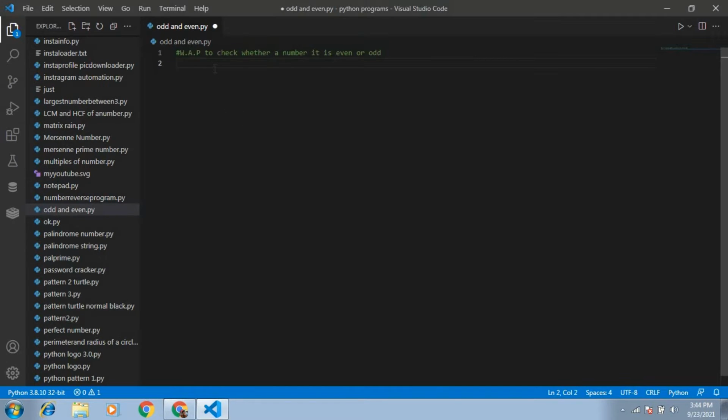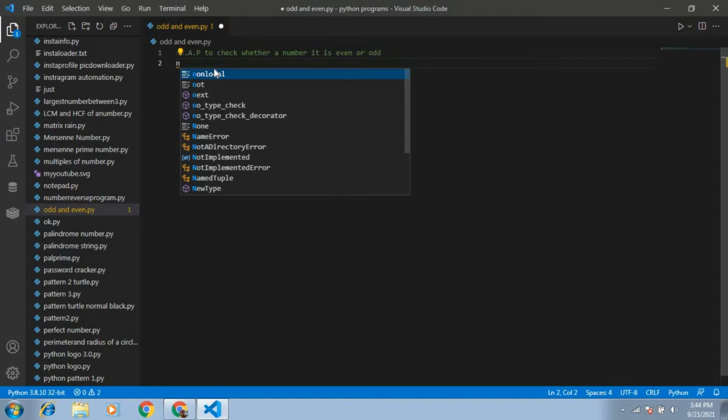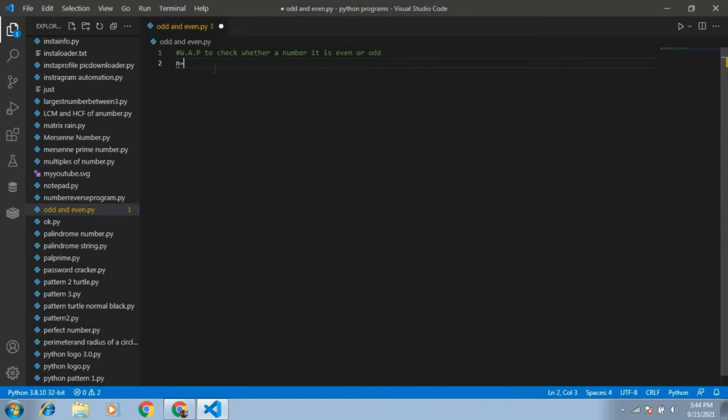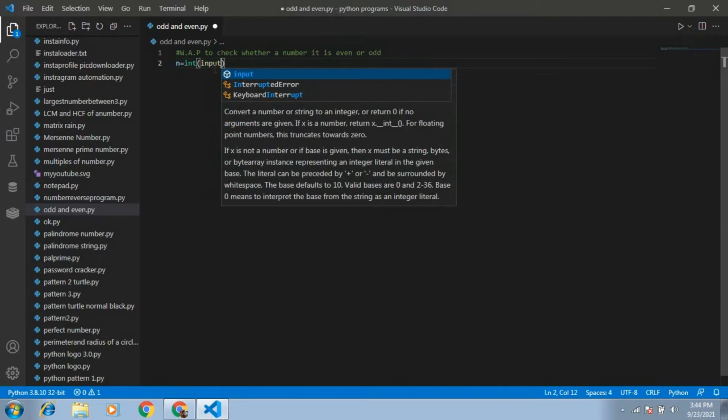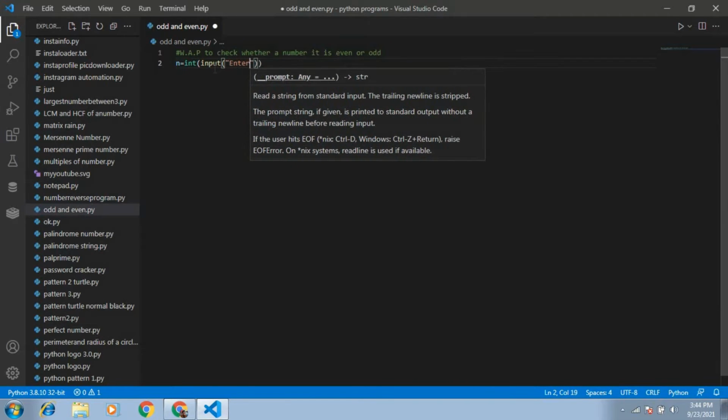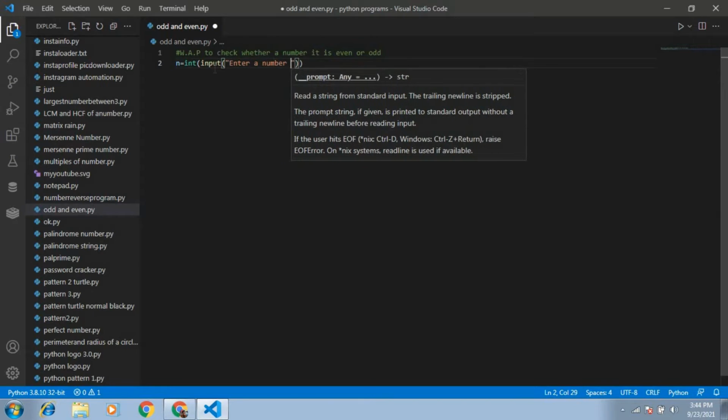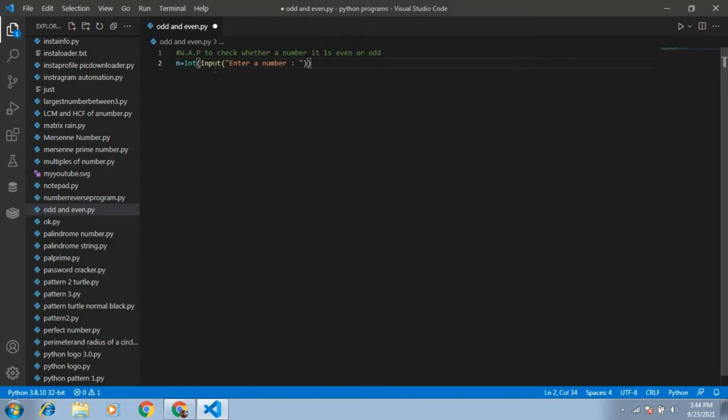First, we will take a variable n. If you wish, you can take another variable. Now I will put a user-given number in a variable. To do that, I will write this statement: enter n is equal to. This statement will take the user's input. If the user gives a value 8, then 8 will be stored